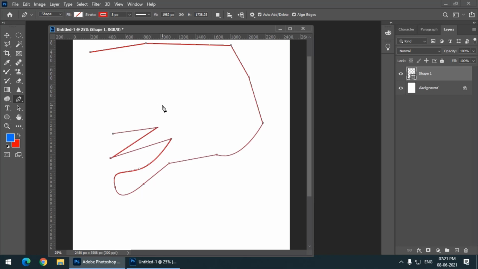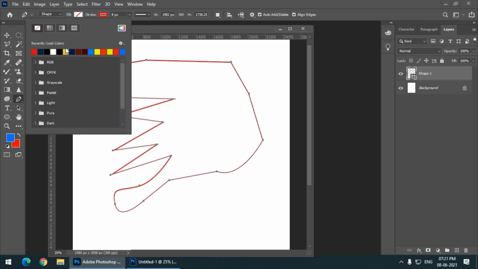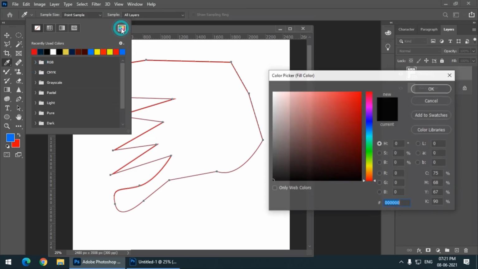So I'm just creating a random shape, and if I click over here, then pretty much similar to the selection tool, we are completing the loop. So this is a shape now. And if I want to add a fill color, then I can add a fill color from here. These are presets or colors which are present over here, and we can also choose a color from here, a single color.